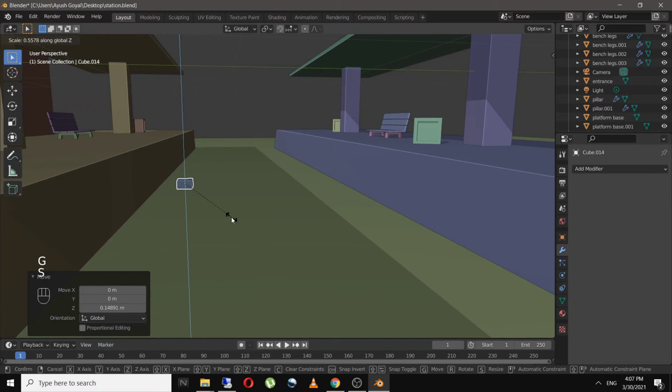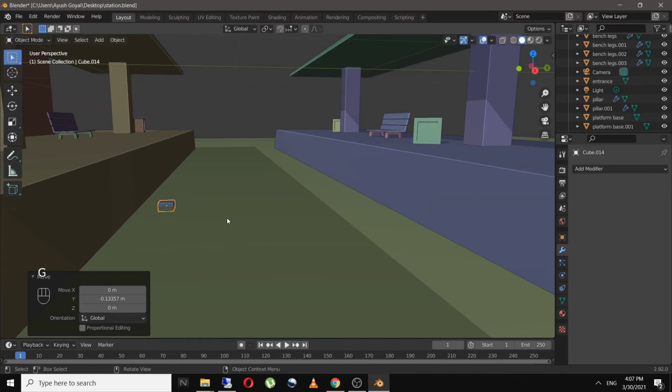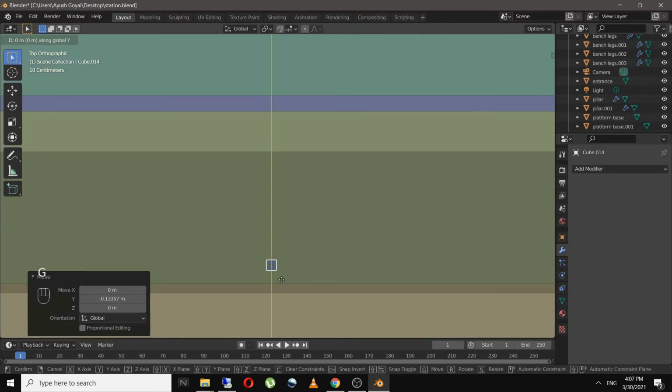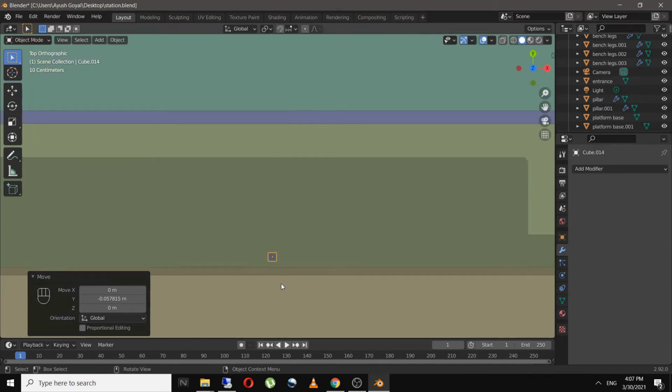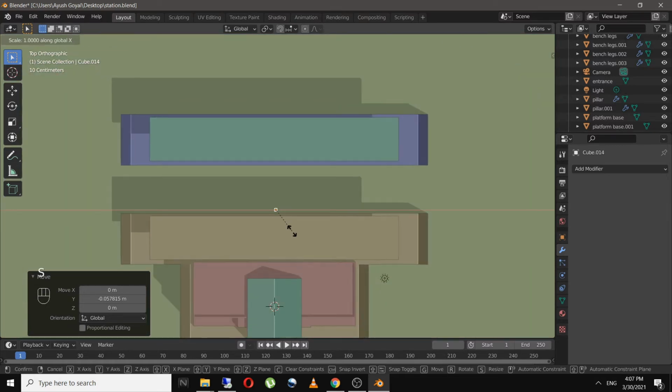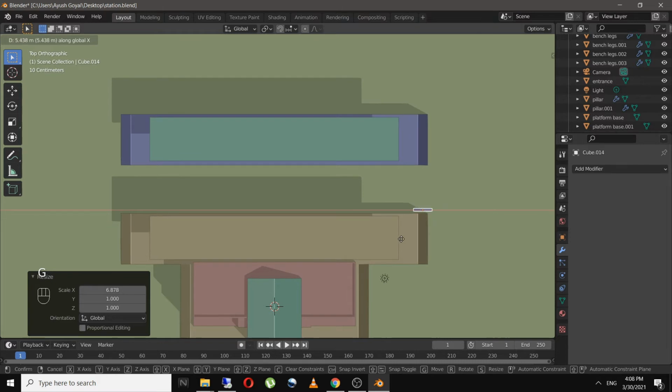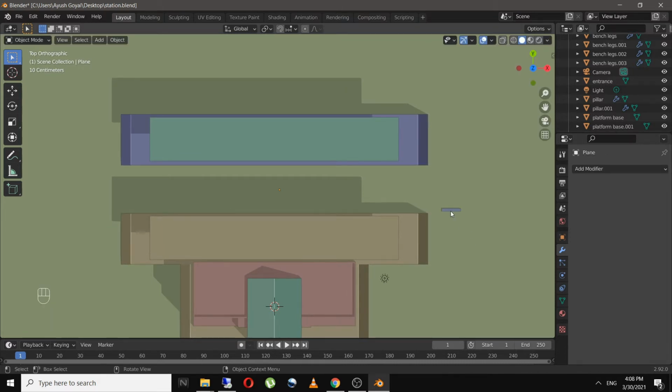Scale this down. And I will scale this on the X axis somewhere around here and place it at the edge of the platform over here.